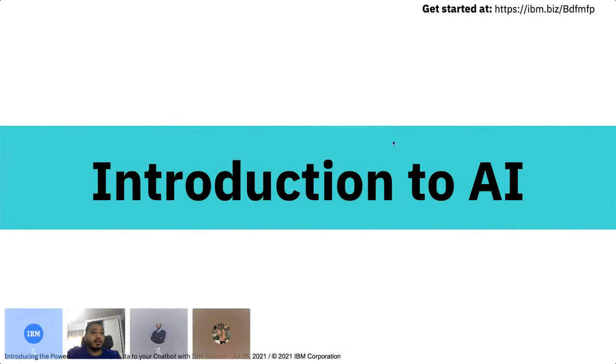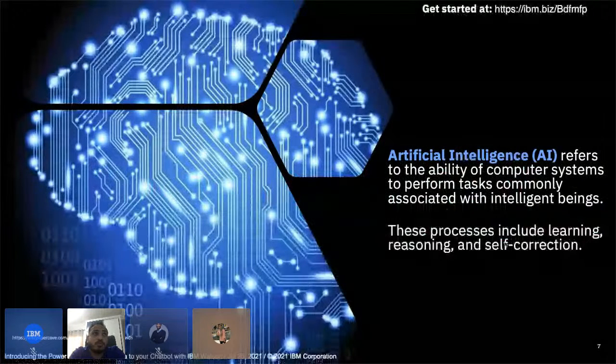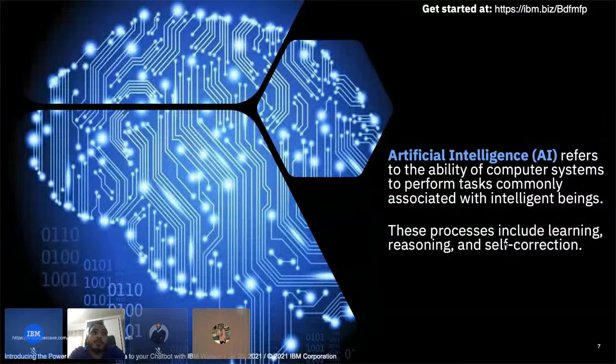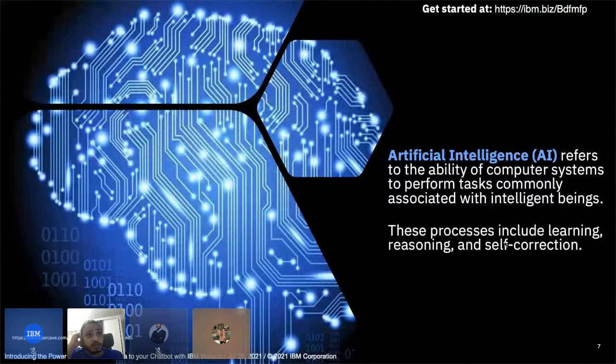So to start with, I'm going to just ask you, what do you know about AI, or what comes to your mind when we say the term AI? And let me just share the screen and let me repeat the question again. So what comes to your mind when we actually say artificial intelligence or AI? So artificial intelligence simply has many different definitions. So some people would call it the ability of a computer system to perform tasks commonly associated with intelligent